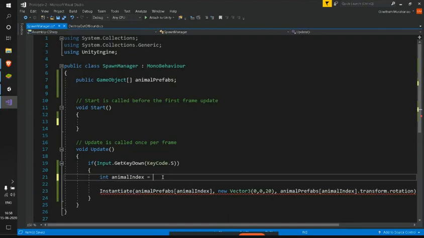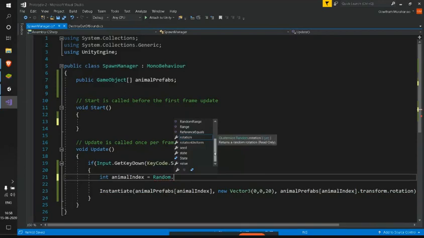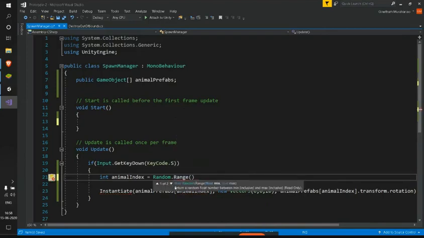To do that, Unity has provided us with a Random class, and using the period operator, we'll be getting the suggestions of methods or properties which we can use. I'm interested in this Random.Range method, and there are two ways of implementing it.